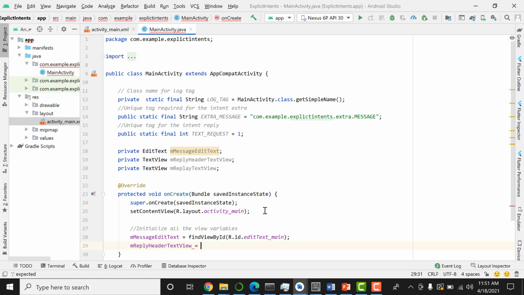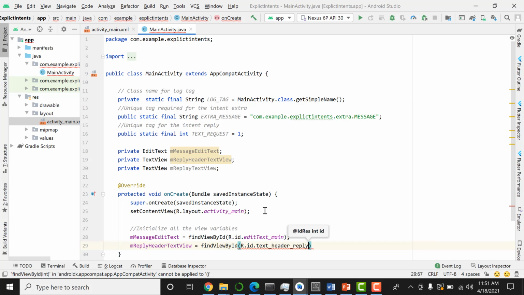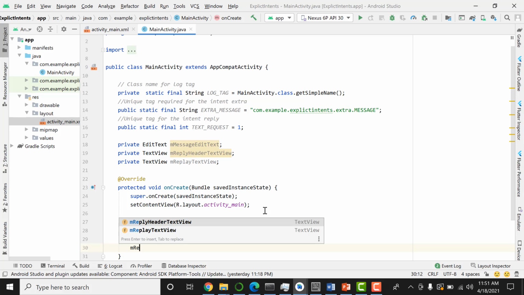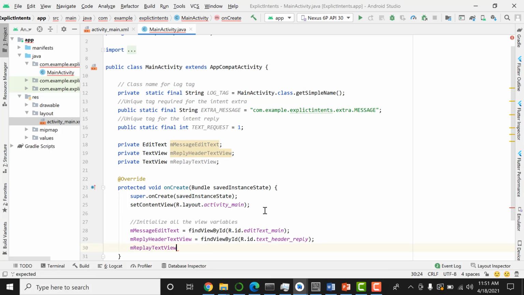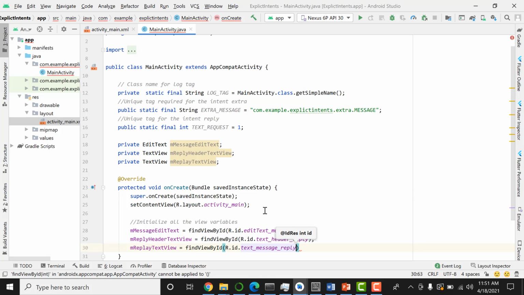m replay header text view findViewById R.id.text_header_replay, m replay text view findViewById R.id.text_message_replay. Okay, so we are done with getting the reference for these variables, and then in order to launch the second activity